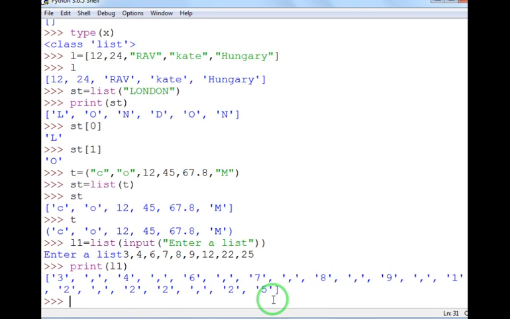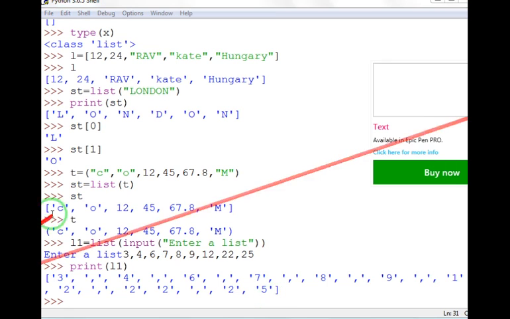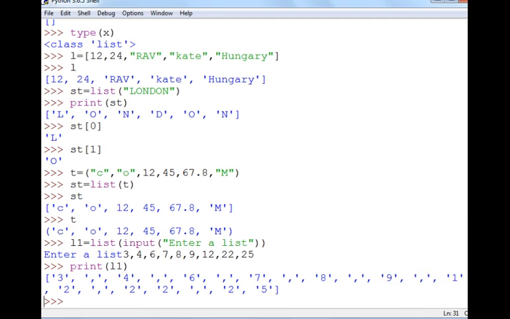I think you are getting a bit confused, because you have entered numbers, but what you get over here are string values. You can identify the string values with the help of these quotes. Whatever value you have entered, whether it is a comma or the numerical values, you will find single quotes. Single quotes indicate that these are string values, not numerical values. You entered numerical values, but as output you are getting string values.